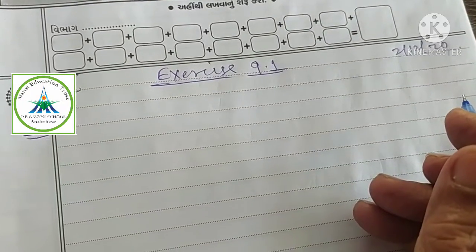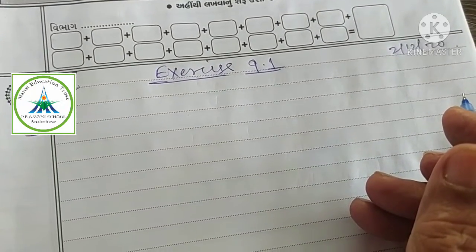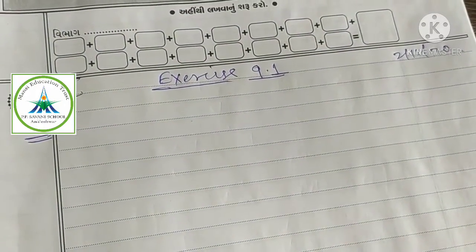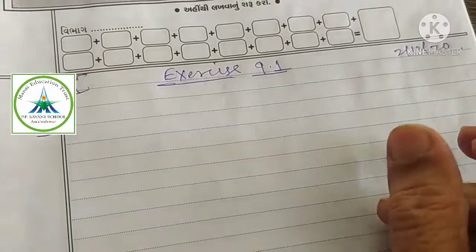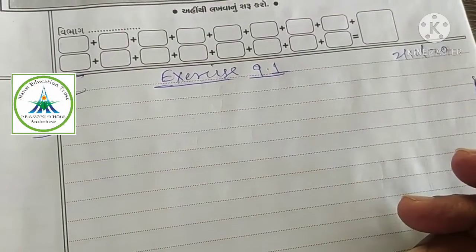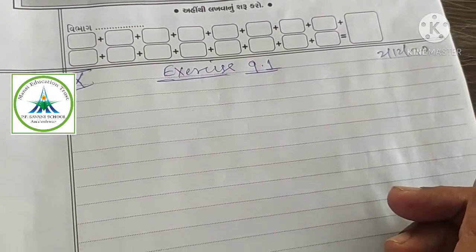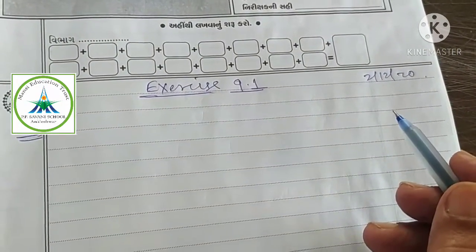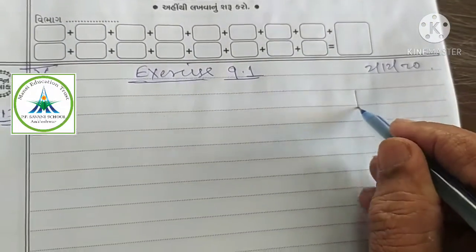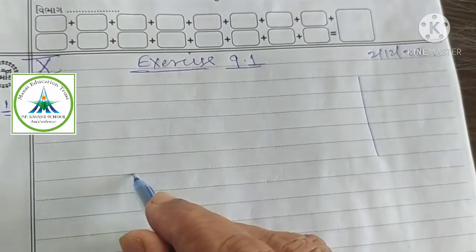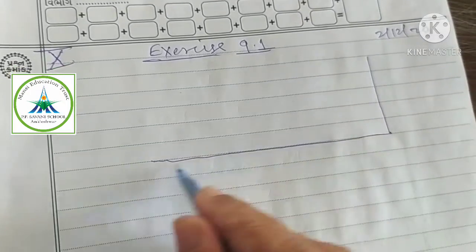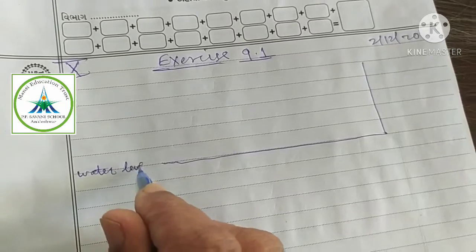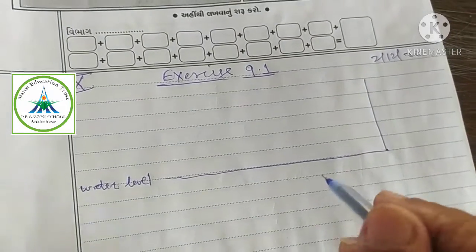As observed from the top of a 75-meter high lighthouse from the sea level, the angles of depression of two ships are 30 degree and 45 degree. Okay, so let us draw a 75-meter high lighthouse. Suppose this is the 75-meter high lighthouse. Okay, this is water level, now water level like ground, because ships are in sea.